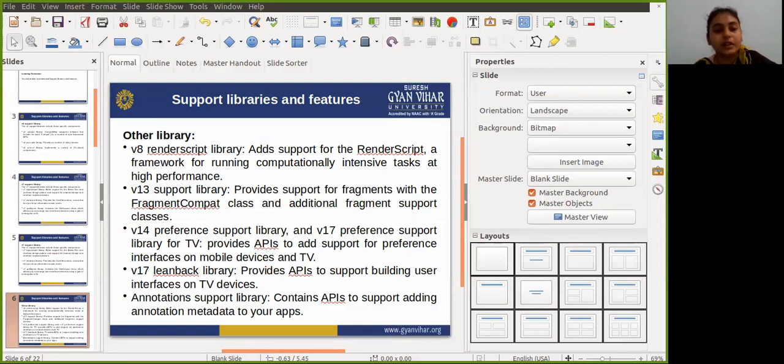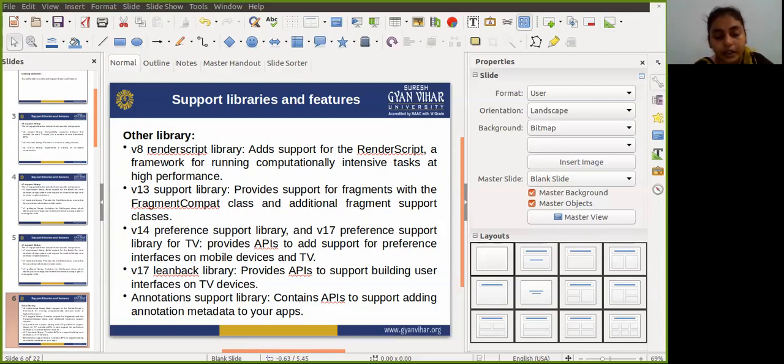Next is the version 17 leanback library. It mainly provides APIs to support building user interfaces on TV devices. And the annotations support library mainly contains APIs to support adding annotation metadata to your apps.